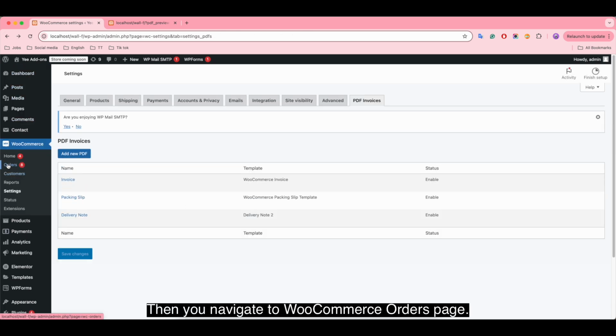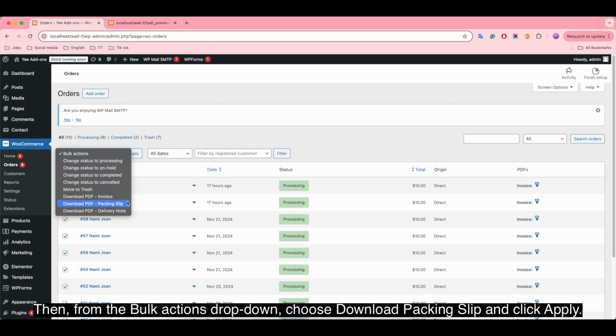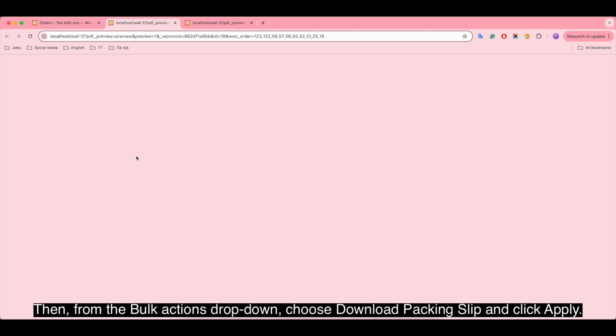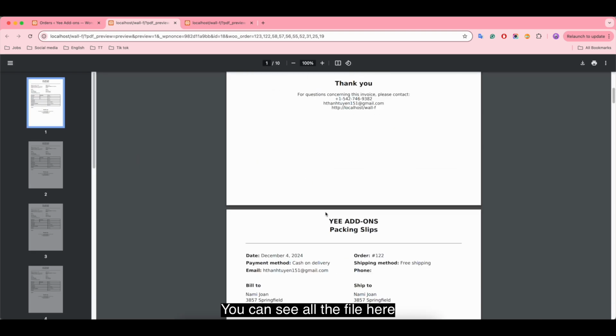Then you navigate to the WooCommerce Orders page. Choose the orders for which you want to export packing slip. Then from the Bulk Actions drop-down, choose Download Packing Slip and click Apply. You can see all the files here.